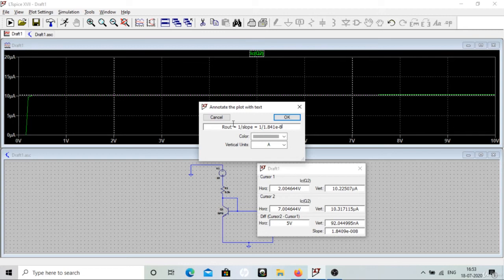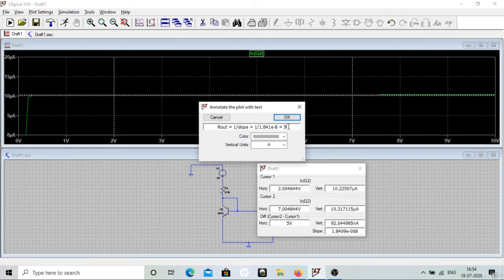I have approximated this, and that will give you around 54 mega ohms.